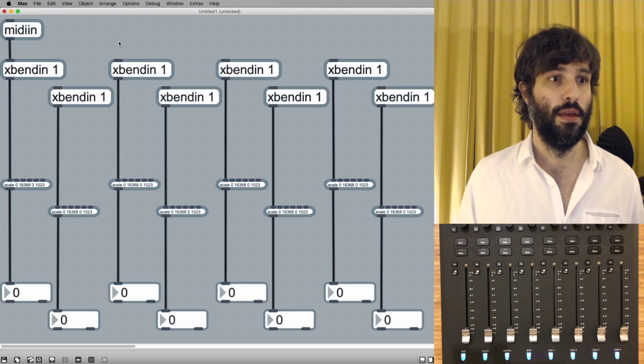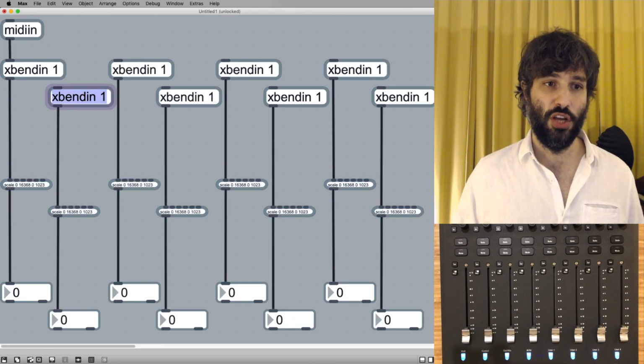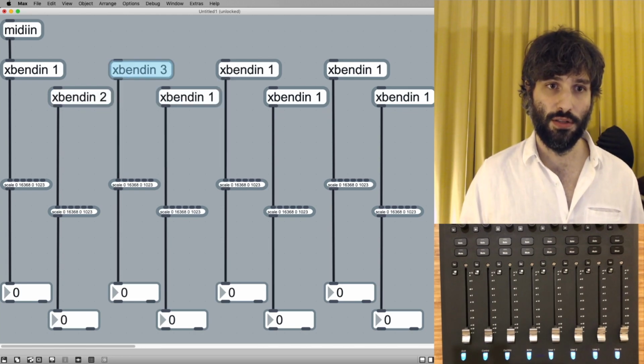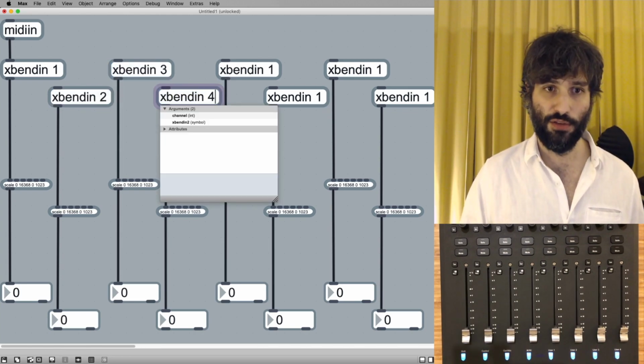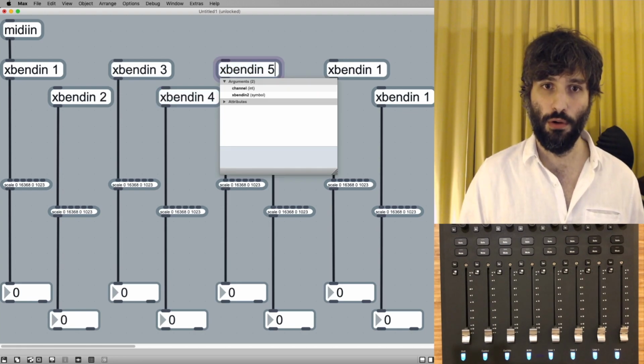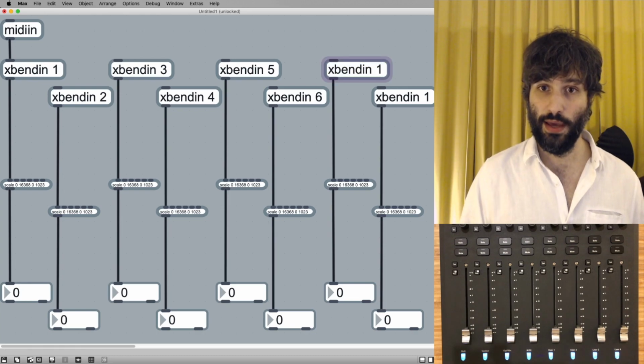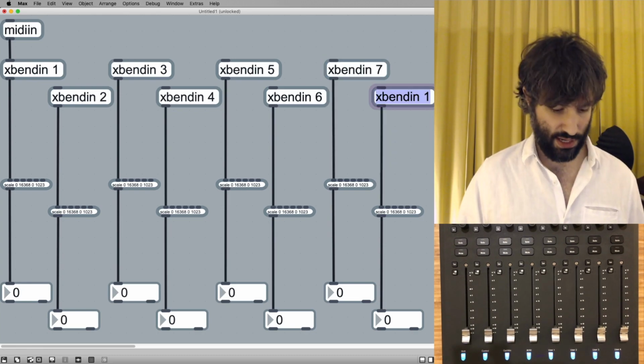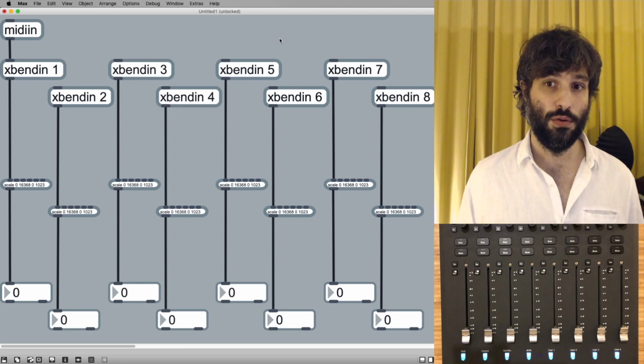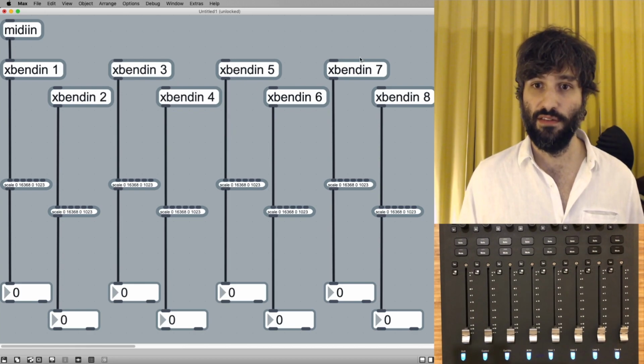Now, I'm going to change the argument to each of these so there's going to be one of these per each fader. And if you know a faster way to do this kind of bulk operations in Max, I'd like to know because I feel like an idiot every time. There you go. So I have 1, 2, 3, 4, 5, 6, 7, 8.